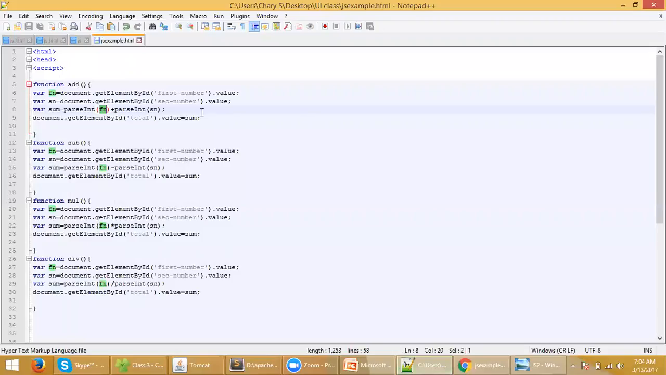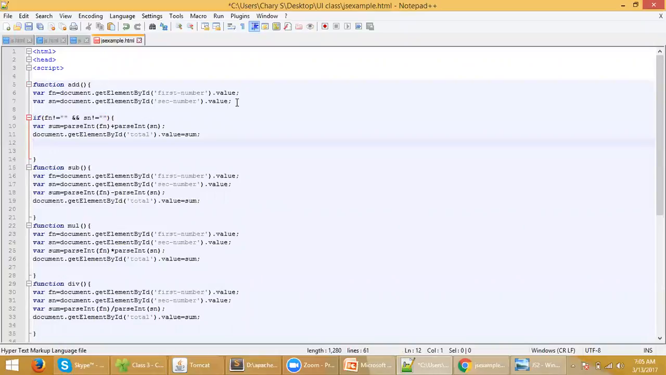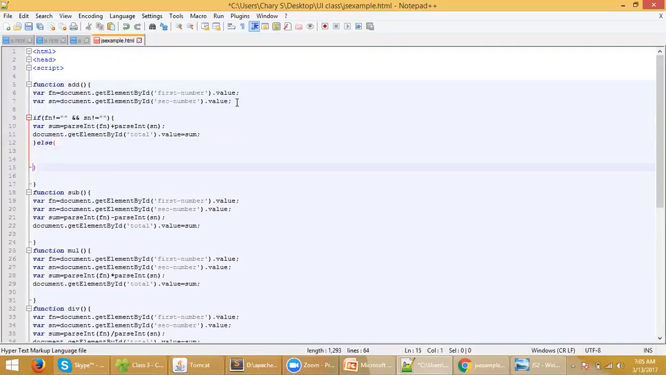To handle that, before calculation, we need to validate those fields, right? For this, just write one if condition. If first number not equal to empty and second number not equal to empty, then only calculate and assign the value to the total field, right? Else we should display some error message to the user. That's all. We can write else here, alert